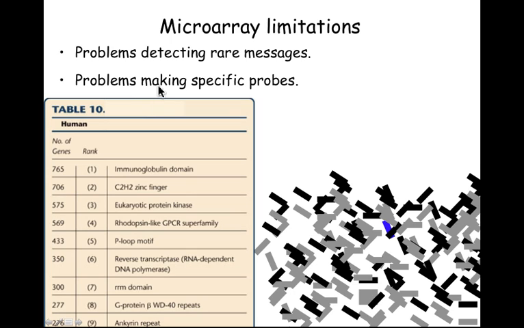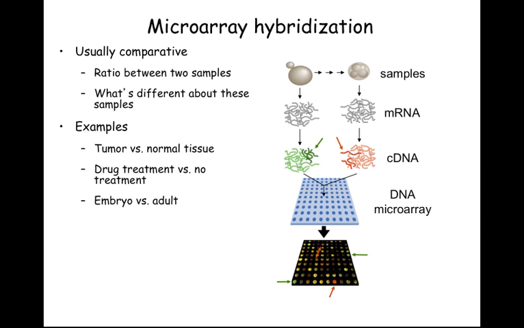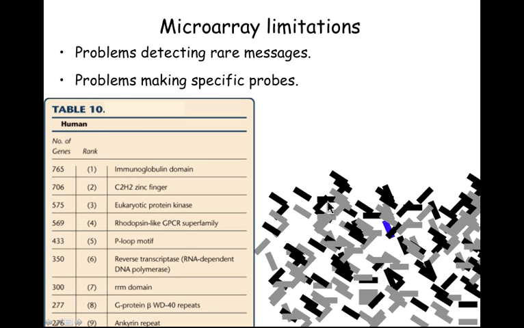The other problem is making specific probes. So this whole assay is based on hybridization, and it's based on the concept that a specific RNA, one individual RNA, is going to hybridize specifically to one of these spots that has a complementary piece of DNA. A problem with this is that, as we talked about earlier, many genes are highly related to each other. So if you look at these C2H2 zinc fingers, there's over 700 of these things, and they're going to have fairly similar sequences. So in some cases, it's very difficult to make specific probes which will hybridize to only